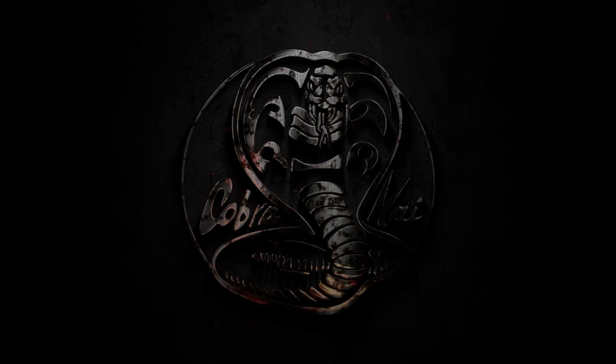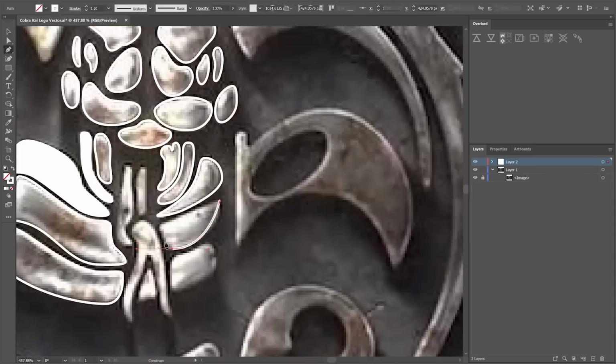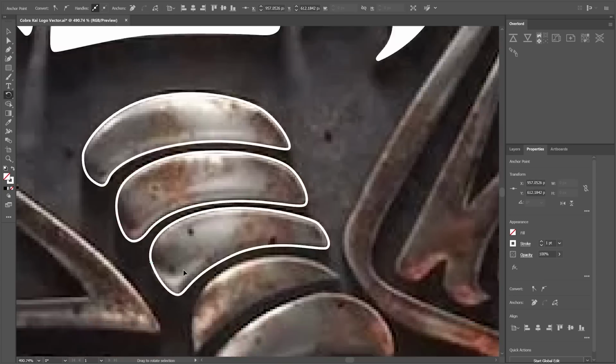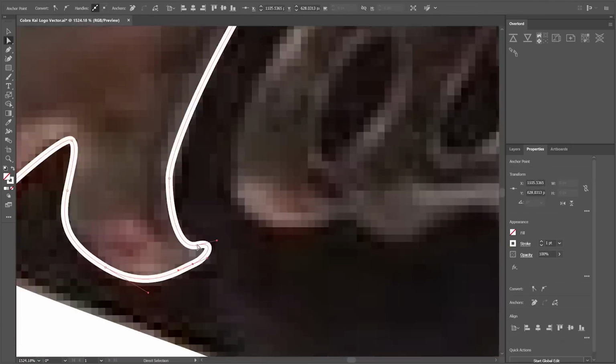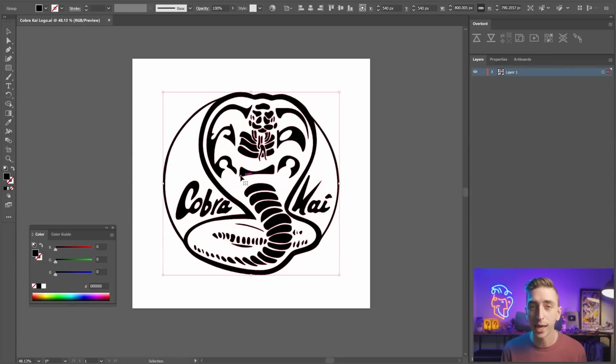Let's get started. The first thing I needed was the Cobra Kai logo, and I ended up just tracing this by hand in Illustrator, which took about an hour to do because it is a kind of complex logo. But now that that's out of the way, I can transfer it over to After Effects using my favorite method,